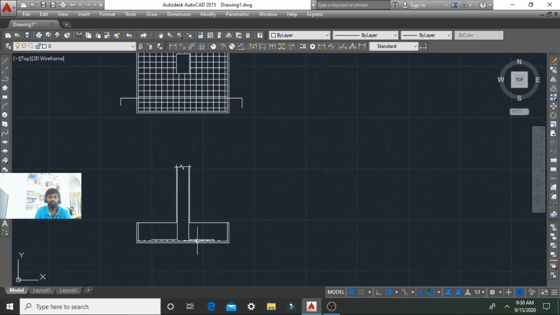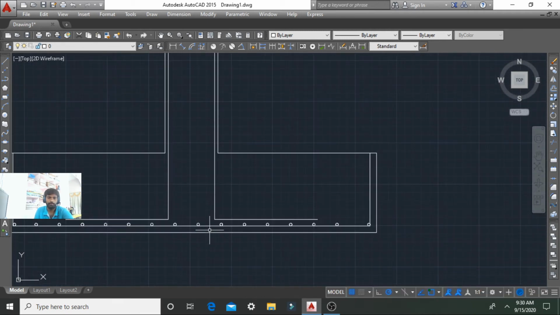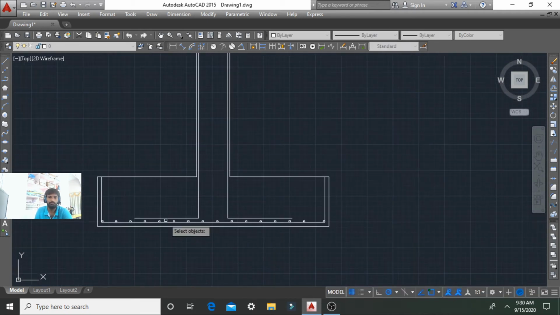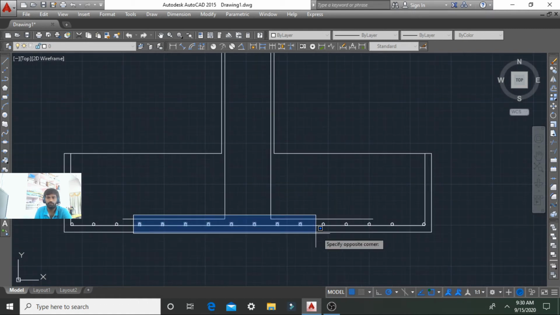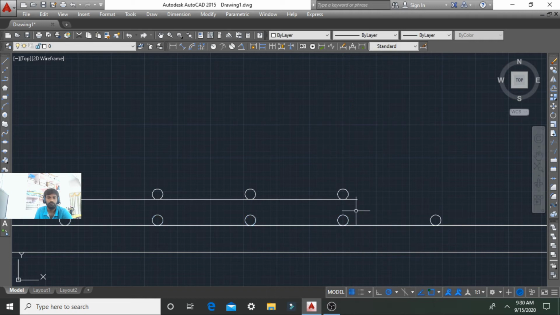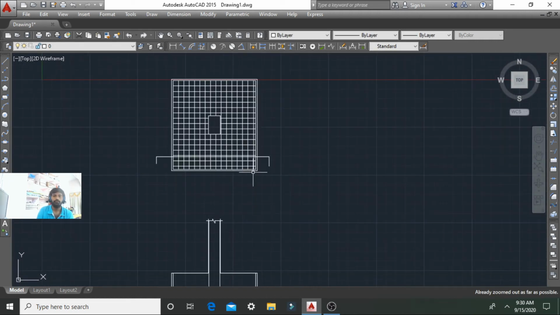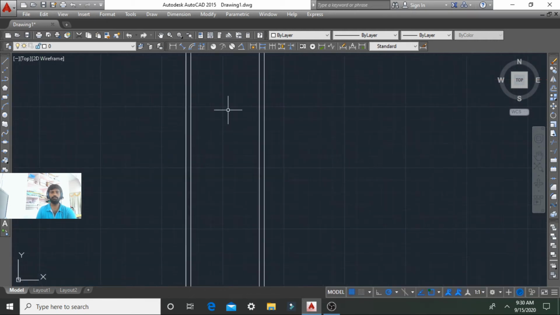So this is the section view, the section view of the rectangular footing. The bars should be placed up to here. So this is the rectangular footing mat and the section view of the rectangular footing.